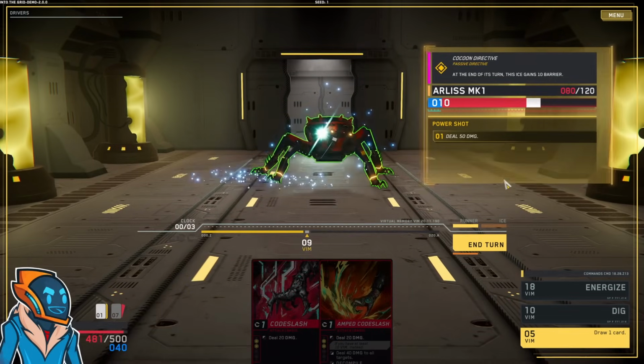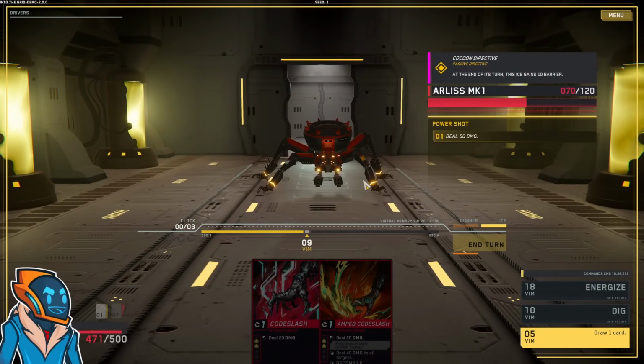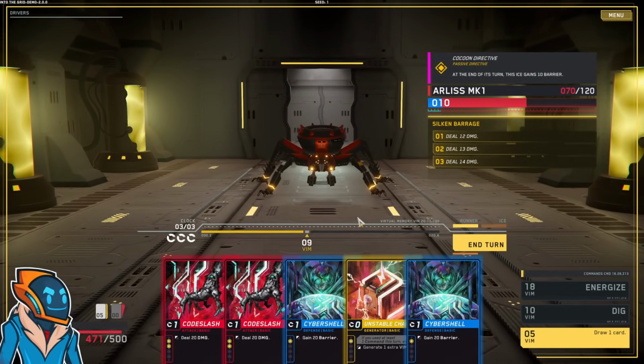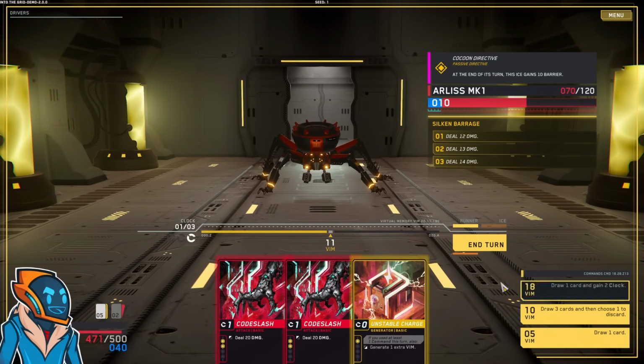Guess I'm just going to hit it for a bit. Unfortunately, this is going to be one of those shooting fights where they barely do damage to me, I barely do damage to them. I'll probably do an amped code slash to do a bunch, if I can. So they're doing 25, 37. So if I just pop both of these cyber shells, draw 3 cards, choose 1 to discard,